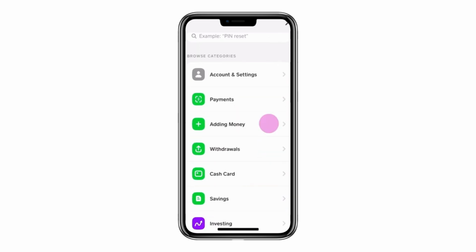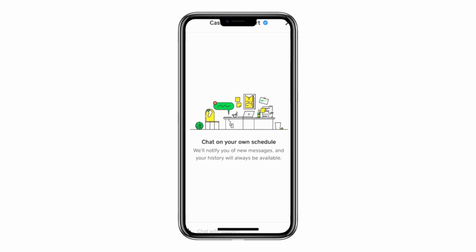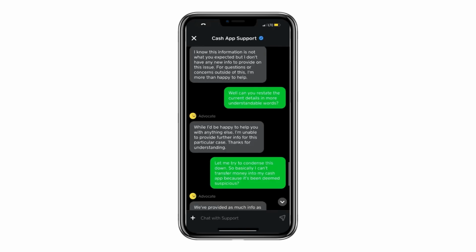Scroll down to the bottom again and choose the chat option. This will allow you to connect with Cash App support. Now, when you chat with the customer service representative, explain the issue you're facing. Since you're unable to cancel all of your subscriptions directly through the Cash App, tell them, "Can you please assist